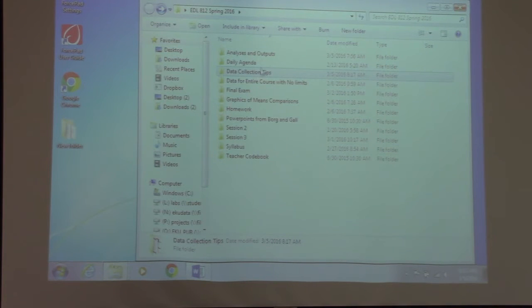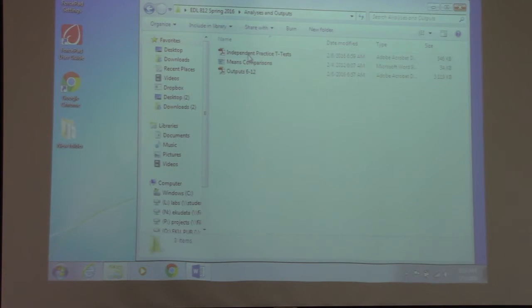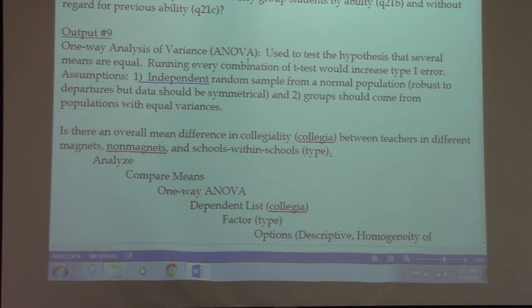The next thing that I want you to see, and this is probably the most important folder in the class, it's called Analyses and Outputs. And what I do in each of these, I'm going to open the document called Means Comparison. And what you'll see is I'll have a problem at the top for you to work on, independently, for example. And it'll give you the question, and it'll give you the variable names, and then it will tell you to